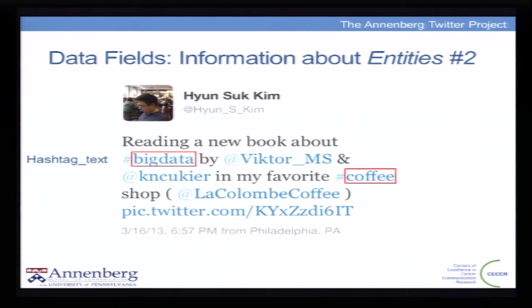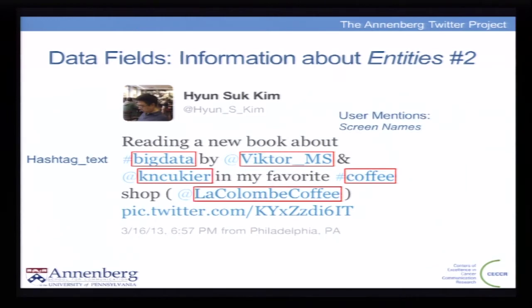A hashtag functions like a keyword, so if you click the big data part, you can see the tweets that contain the same hashtag. The same is true for coffee. And we are also collecting the user mentions, the screen names, like Victor, the authors of the book at the OII, and La Colombe Coffee, which is my favorite coffee shop